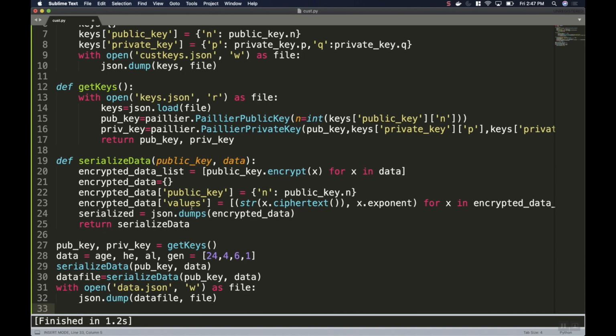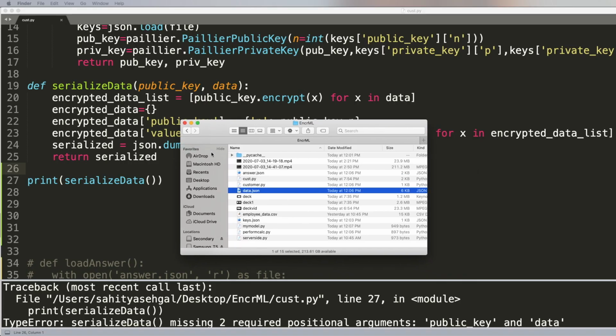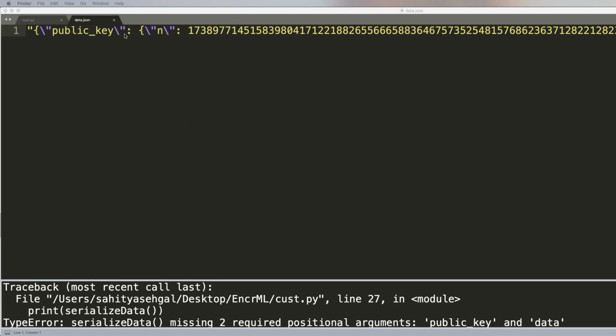And again, completely encrypted, so we don't have access to this data. I don't know what's sitting in it. I'll show you in a very quick second that the data is in fact completely encrypted. So what I want to do is I'm going to go ahead and open up data.json. You'll see this is exactly what the company is getting. So there's no way for them to know what's in this.